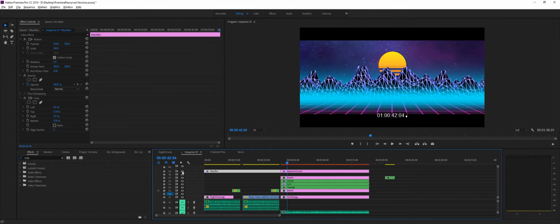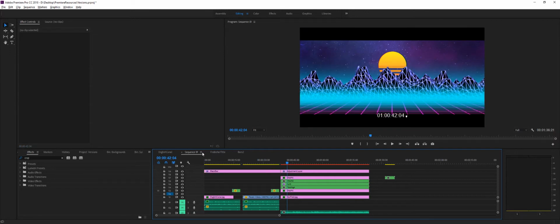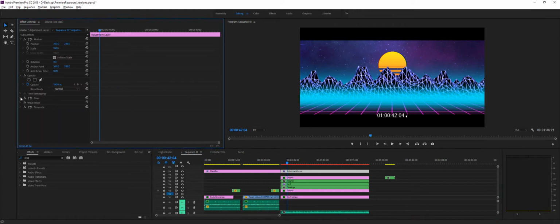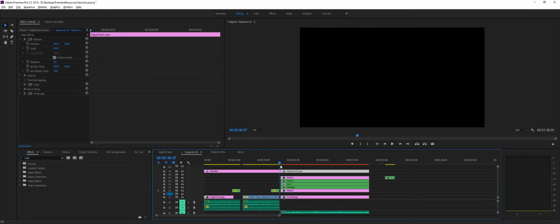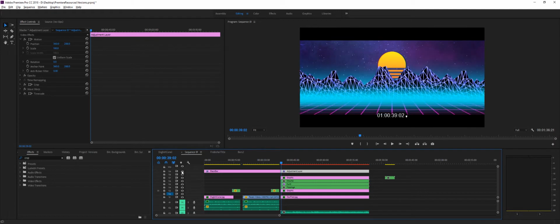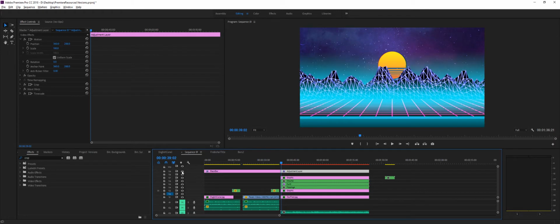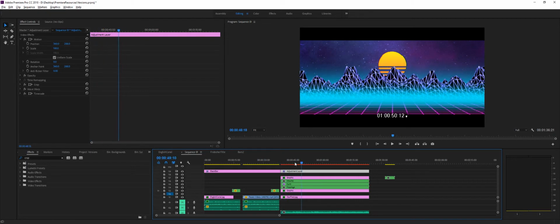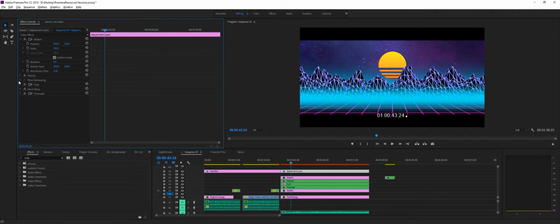You can actually see as well, I've got something else on this adjustment layer which is giving me even more of that 80s vibe, and I can't figure out what it is. But I've added something to this where it really starts to mess up the image a little bit and get it not quite as crisp. It's quite a bit dirty. It's somewhere and I can't for the life of me remember which one it is. Anyway,